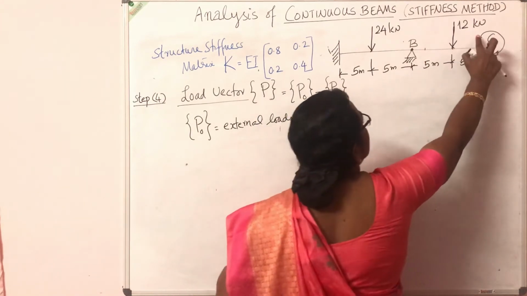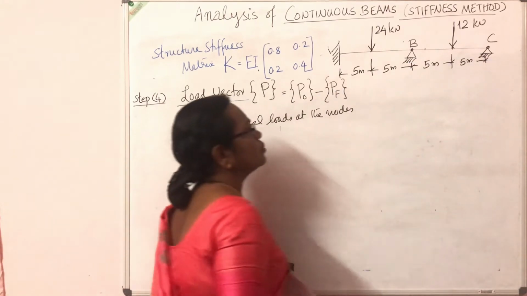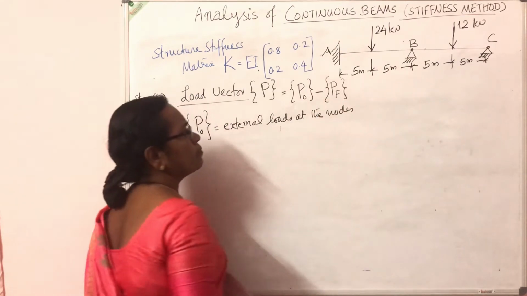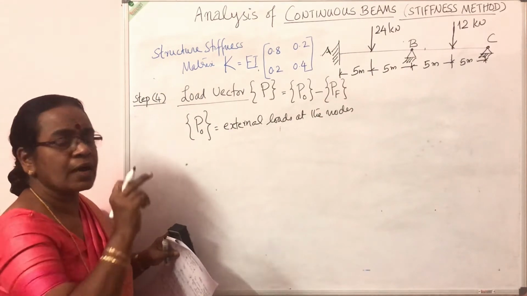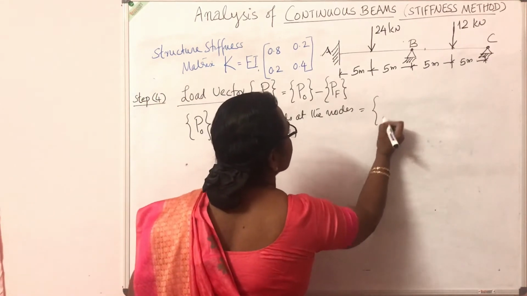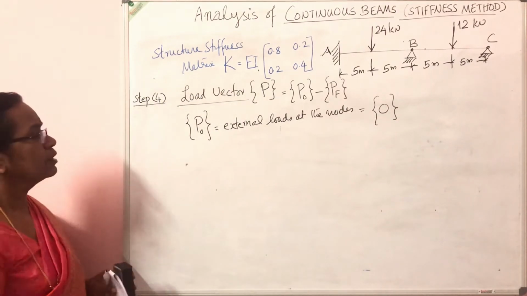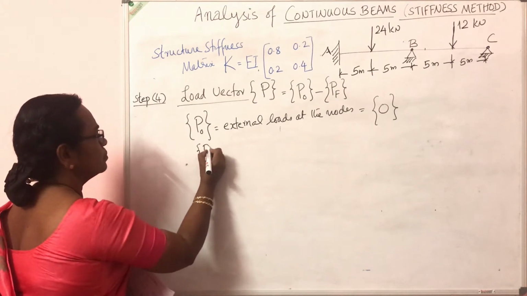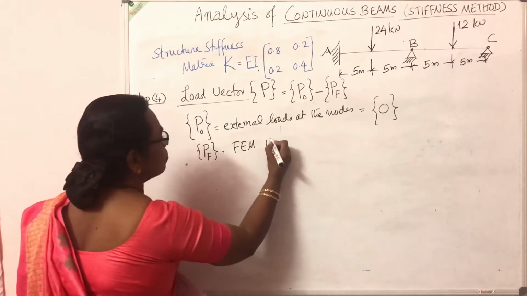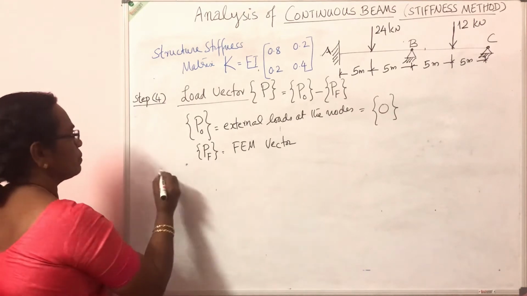In this case, there are no loads on the nodes. So this is the structure which is given to us. There is 24 kilonewton and 12 kilonewton. Only two loads are there. They are acting in the span AB as well as in the span BC. There is no external load acting at the node A, B or C. So this vector is 0 in this particular case. Then Pf is the fixed end moment vector